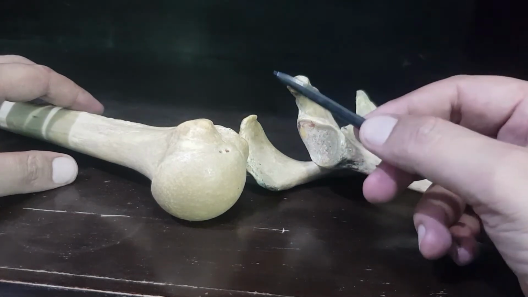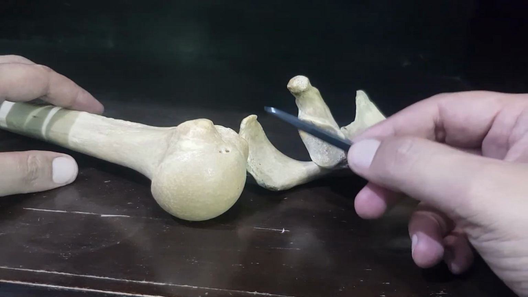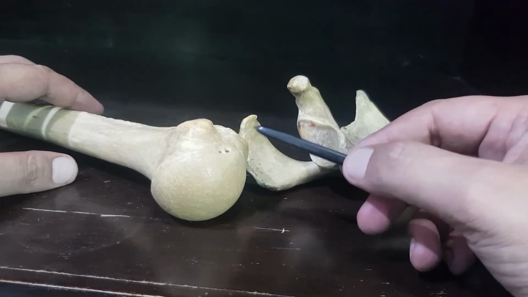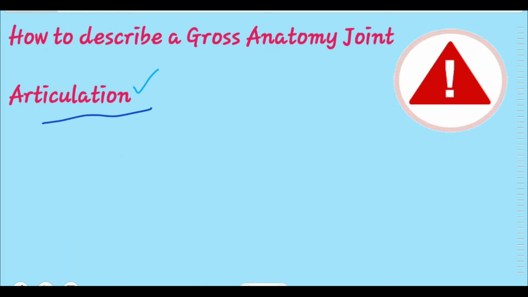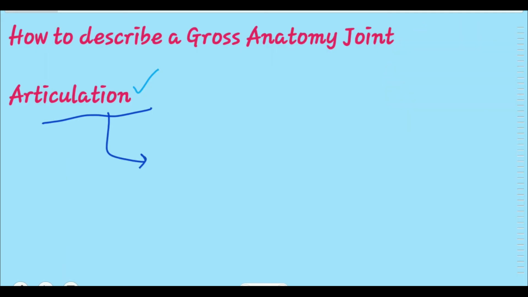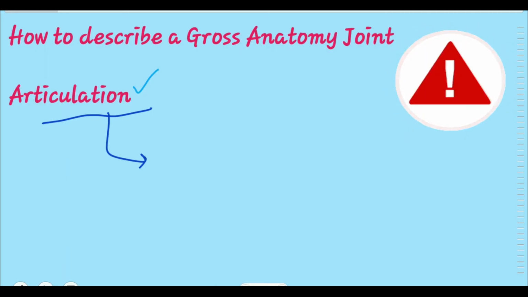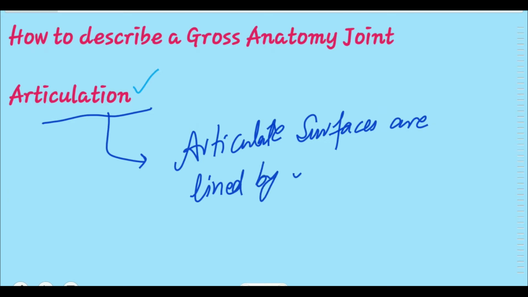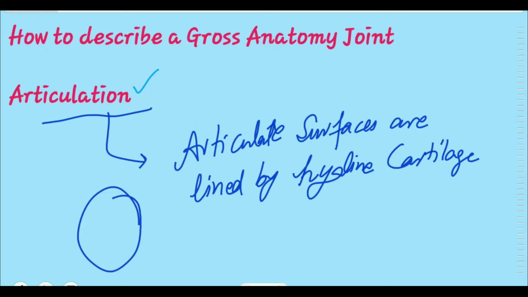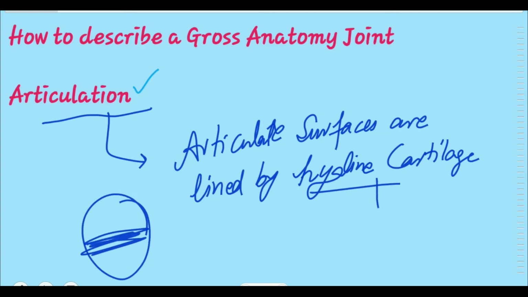For example, the temporomandibular joint. For example, the sternoclavicular joint. These joints have an intra-articular disc. You have watched the video and I will add just one single sentence. Whenever you are done with articulation, you have to write down the last sentence. The last sentence is that articular surfaces are lined by hyaline cartilage. And if the cavity has a disc, the hyaline cartilage will be replaced by fibrocartilage.